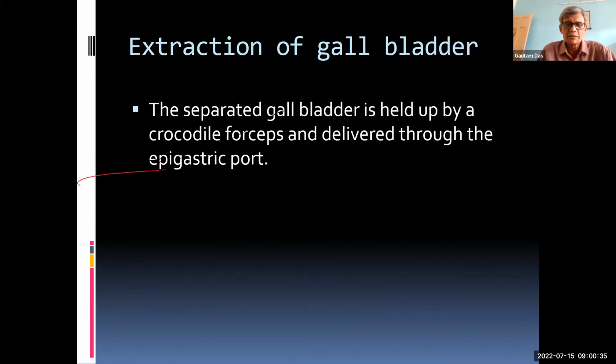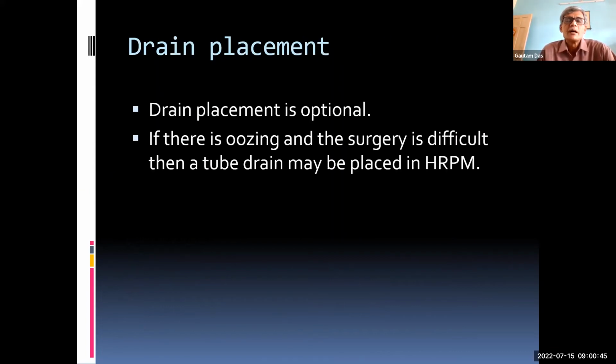So you have to wash it. Now you have removed the gallbladder. It can be removed also through the umbilical port. The drain is according to your option, whether your field is perfect and there is no spillage of bile at all, in which case you may not place the drain.